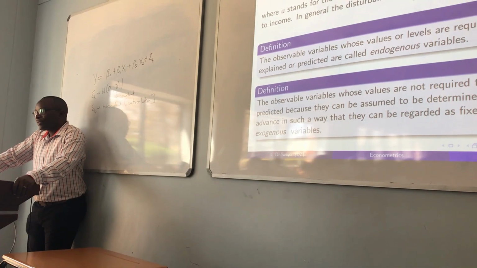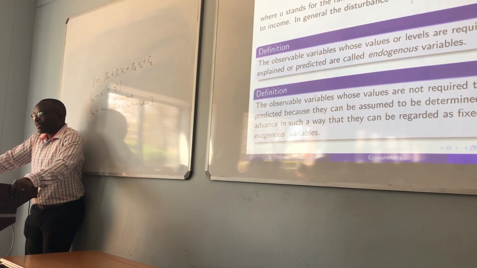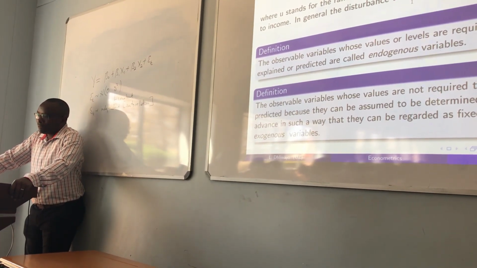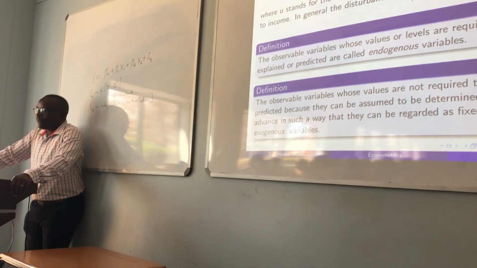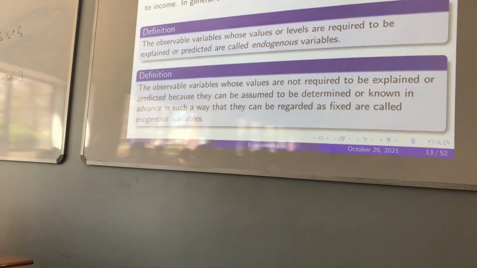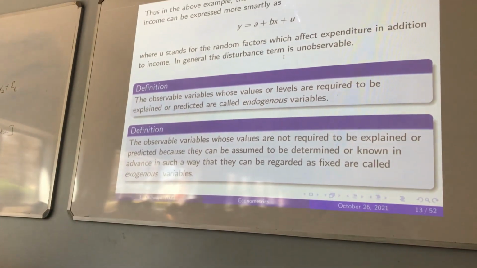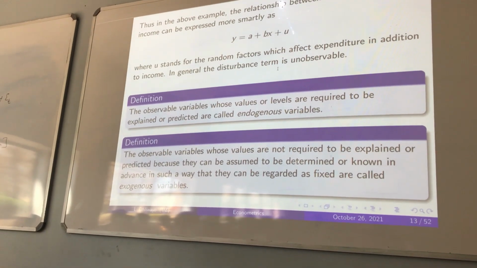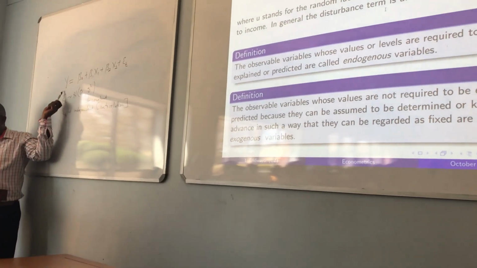Endogenous variable. These are the observable variables whose values or levels are required to be what? Explained. If you look at an equation here, the y's, which we normally call